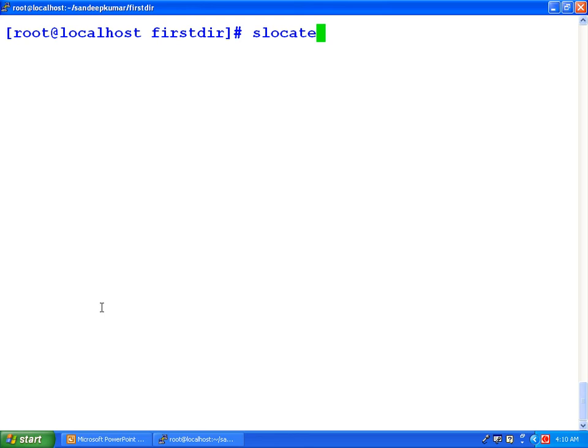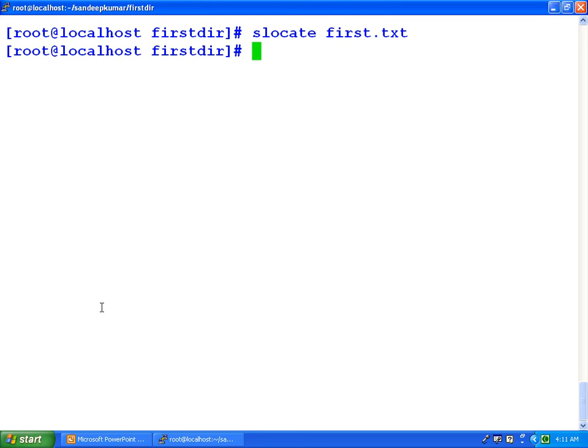That is slocate, the syntax is slocate and space the file name. So slocate we have given first.txt. So there is no file by name first.txt because earlier we have deleted it.